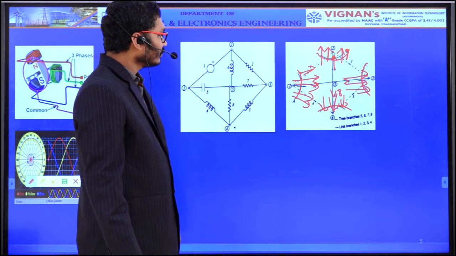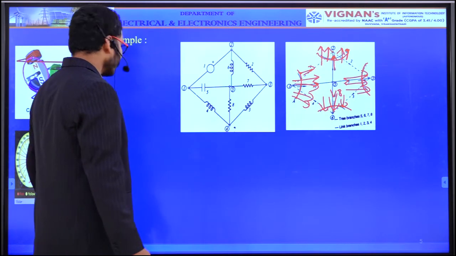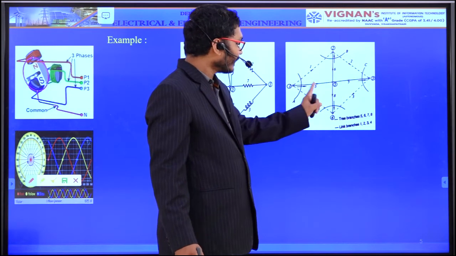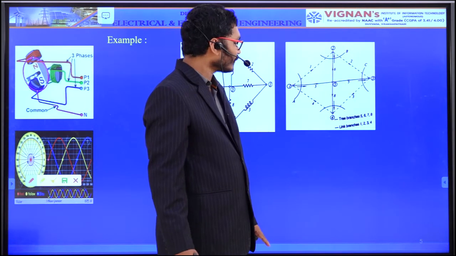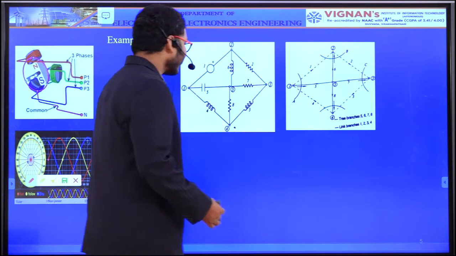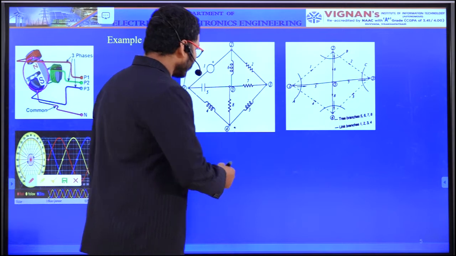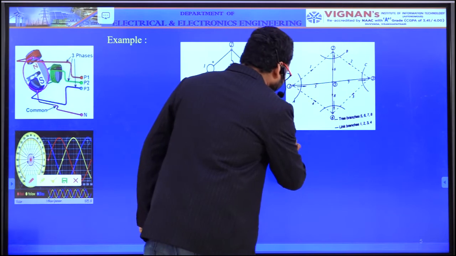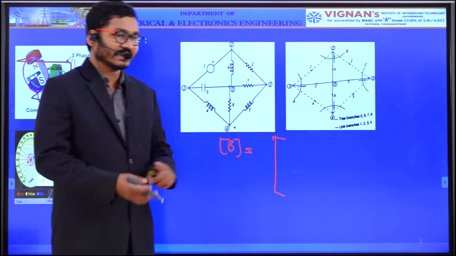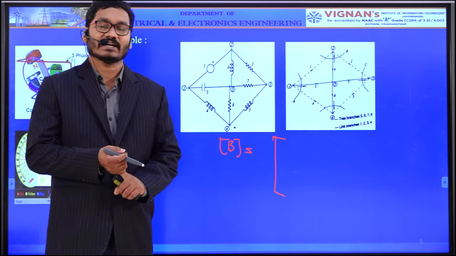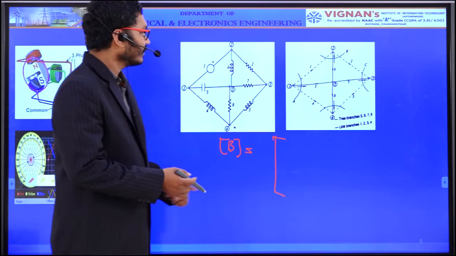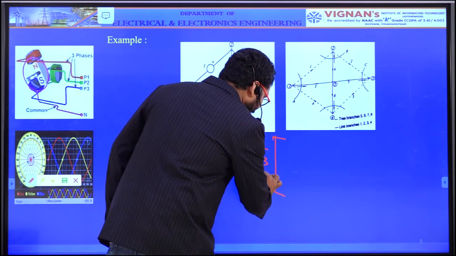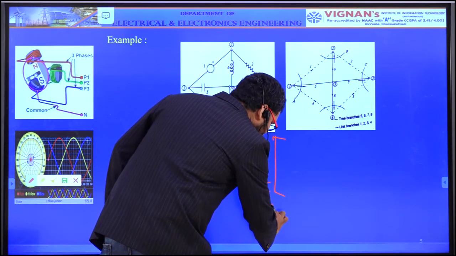Now, what branches coincide? 1, 5, 4. Branches 1, 5, 4 coincide. Suppose you want to find the cut set incidence matrix, say this is the B matrix. As I already told you, in the cut set incidence matrix the number of rows is equal to the number of branches. So how many branches are there? 8 branches: 1, 2, 3, 4, 5, 6, 7, 8.